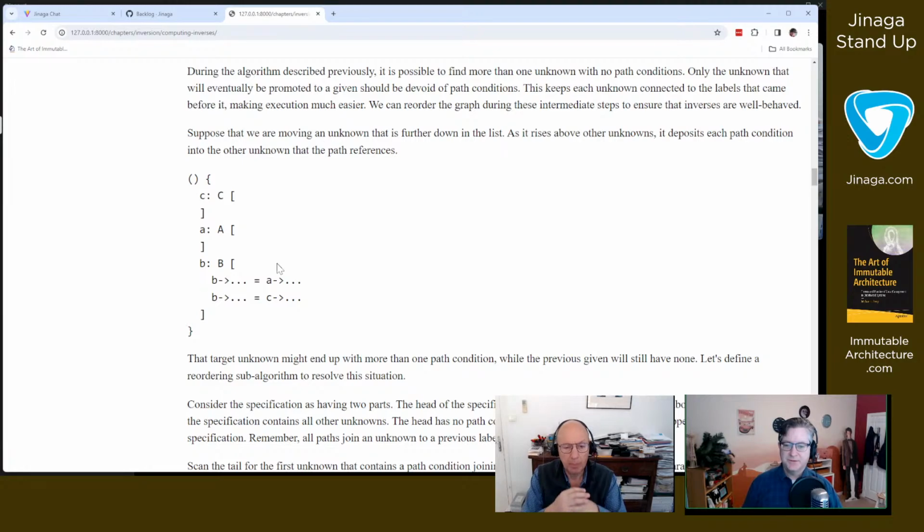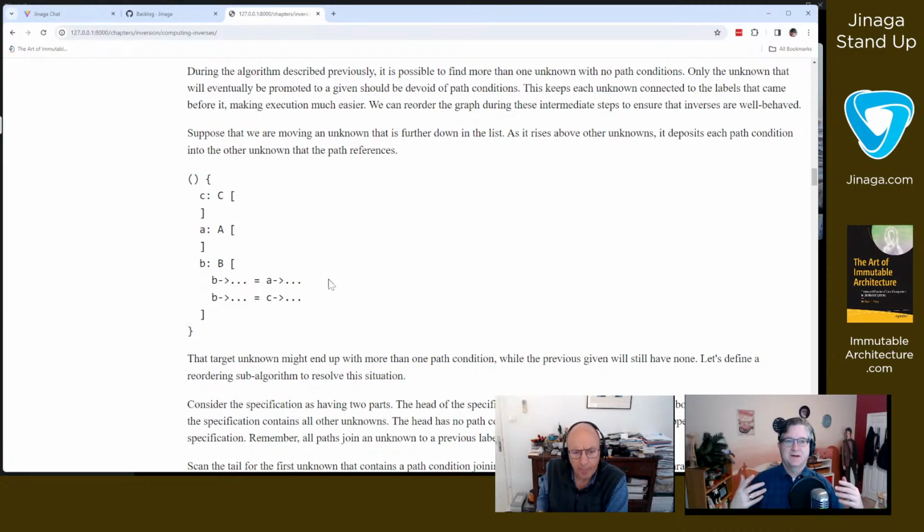So at first, what I wrote was that you look for anything that has two path conditions, or anything with more than one path condition, and then you keep raising it up until it deposits one of its path conditions, and then you repeat the process, and eventually everything will get flattened out. But that's not true. That actually can give you an infinite loop, where you've got two things that one of them has one path condition, the other one has two, and they're related to each other.